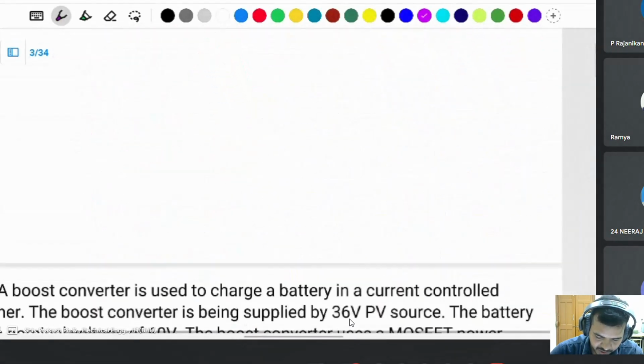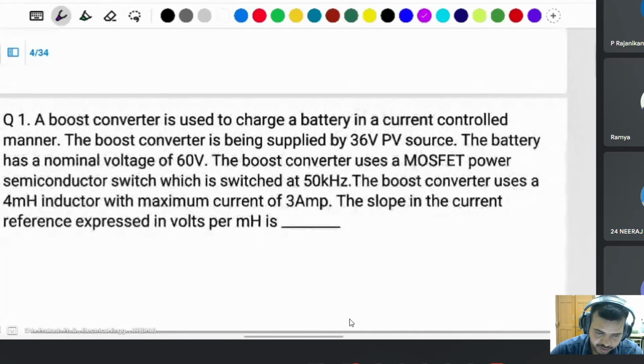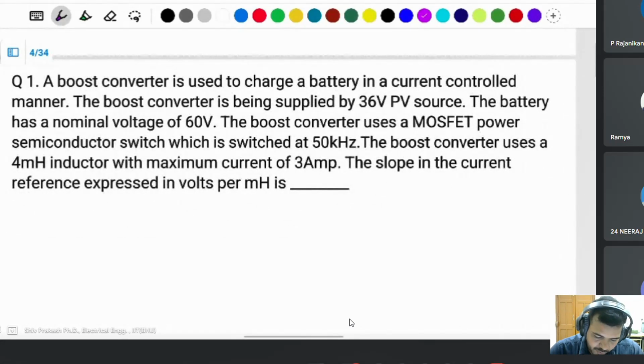Okay, let's start the question. A boost converter is used to charge a battery in a current controlled manner. The boost converter is being supplied by a 36 volt PV source. The battery has a nominal voltage of 60 volt. The boost converter uses a MOSFET power semiconductor switch, which is switched at 50 kHz. The boost converter uses a 4 millihenry inductor with a maximum current of 3 ampere. The slope in the current reference